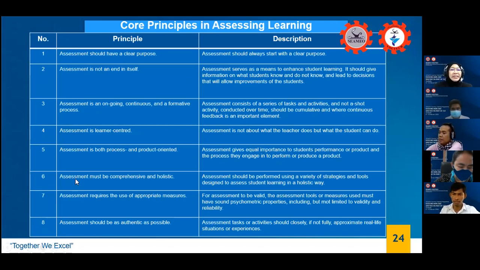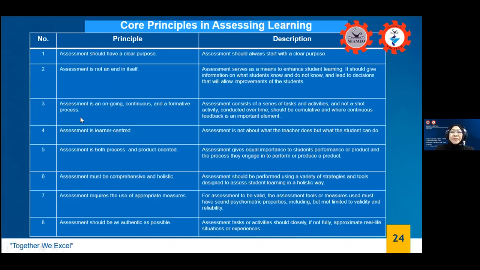Yeah. And this is actually number 3. Now, when you say ongoing, continuous formative process of assessment, it means the tasks, the activities that we use don't have to be one type. It could be a combination of many things. If I did not do good at one time, maybe if I use something else, maybe he will do good. So again, in this case, this is our role.